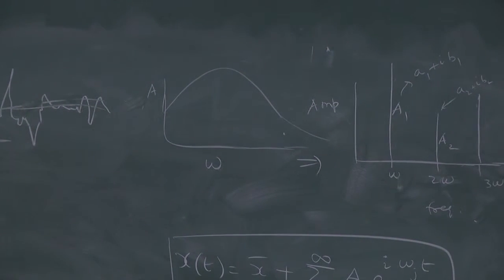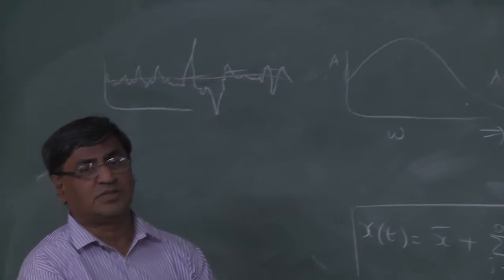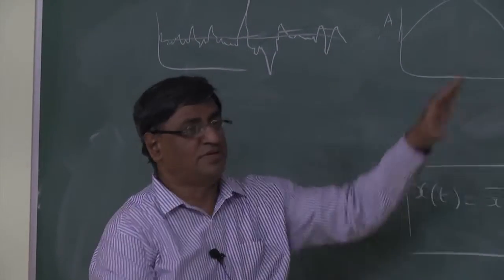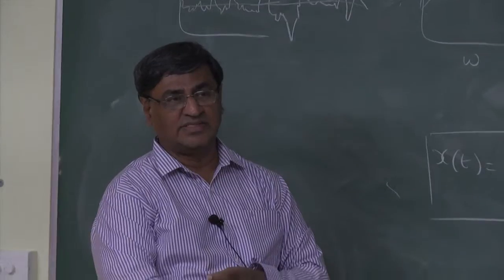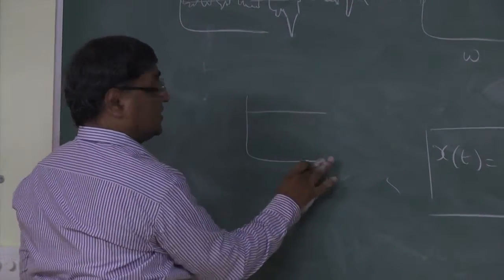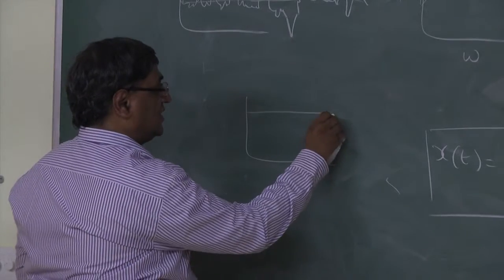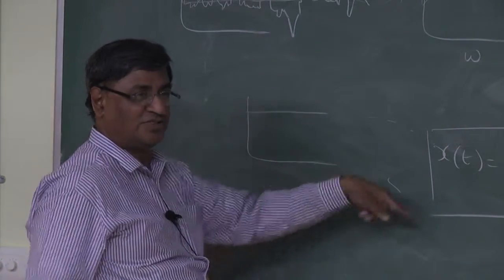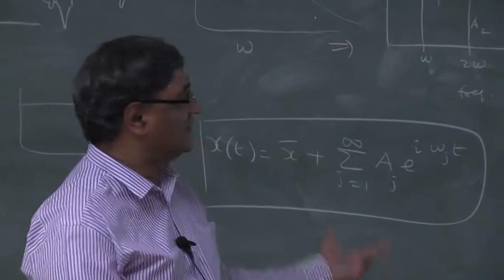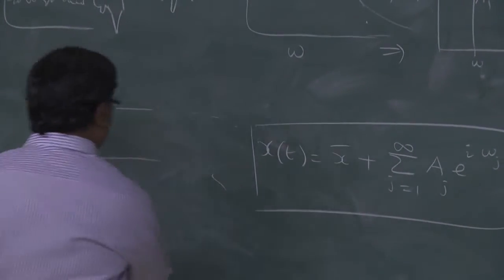So in fact, there is a theoretical concept of what is called white noise. White noise is supposed to have the same amplitude at all frequencies. So white noise will be something like this, but strictly speaking, far away, you should go to 0, alright? So very slowly, but at infinity it must go to 0, otherwise it will not converge. Okay.